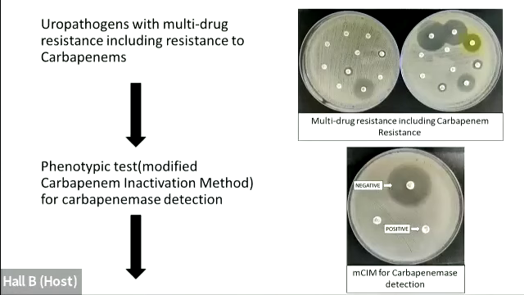So the methodology was that first we processed the sample, then once the isolate was confirmed to be enterobacterial, we performed antimicrobial susceptibility testing using the Kirby-Bauer disc diffusion method. And if the isolate was found to be resistant to most of the antibiotics plus resistant to carbapenems, then we processed further. We then detected if it was producing any carbapenemase enzyme. For that, we used the modified carbapenem inactivation method recommended by the CLSI.